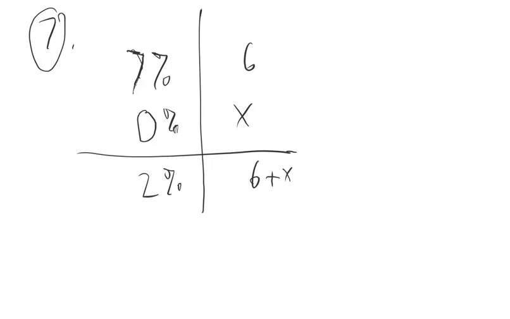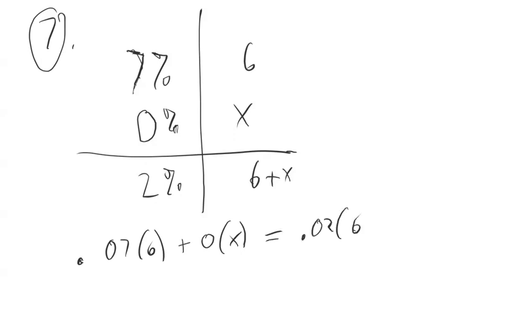You add some pure water to it, and then after you mix it together, you have 2% solution, and the number of liters is 6 liters plus X liters. So logically, this is an equation that says if you have 7% of 6 liters plus 0% of X liters,